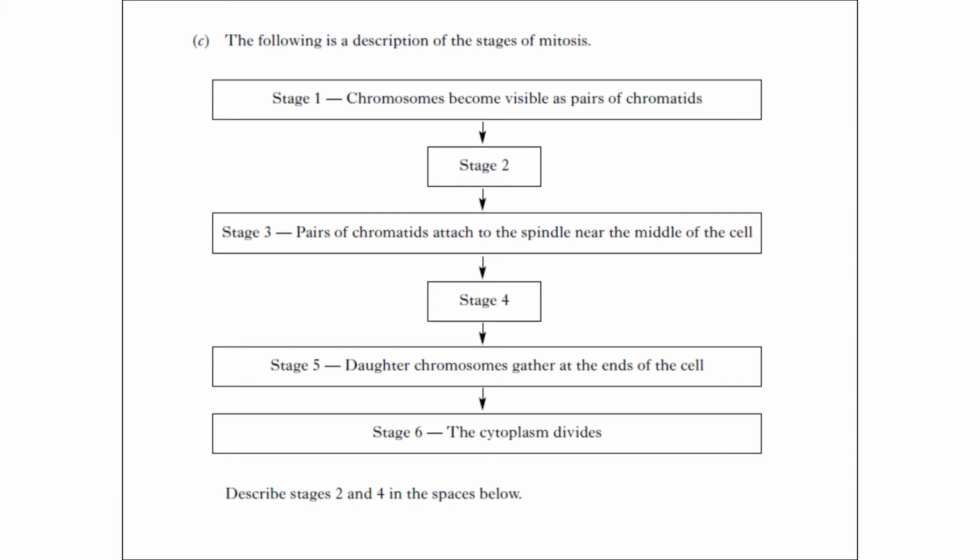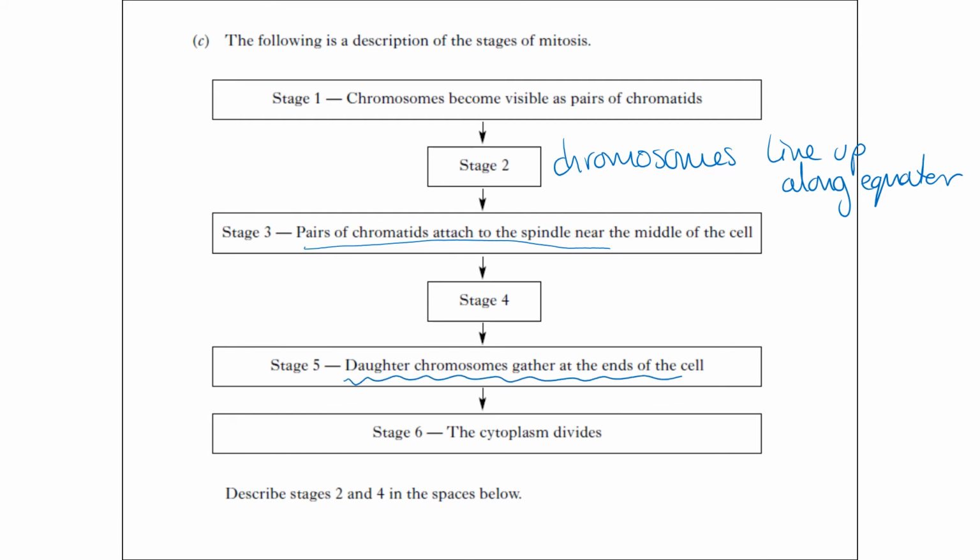attached to these chromatids near the middle of the cell. So what's going to have to happen in the middle here? Chromosomes have to line up along the equator. Now, if I also said nuclear membrane disappears, that is fine, but I must say chromosomes line up along the equator, because my chromosomes would have to line up along the equator before I can get them to attach to the spindles. Okay. Stage 4 is missing, but I've then got this stage 5, daughter chromosomes gathered together at the